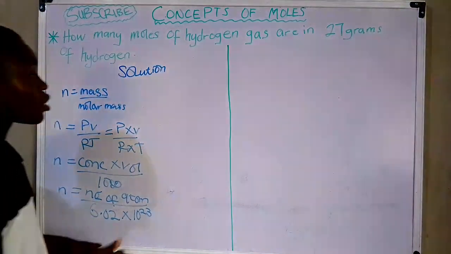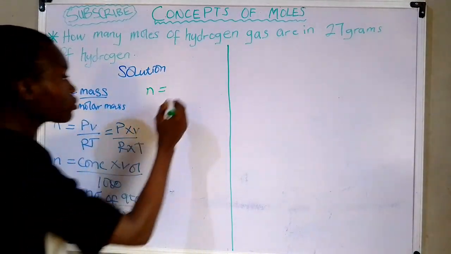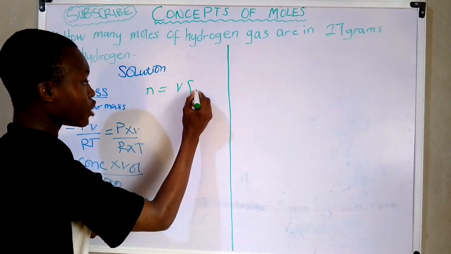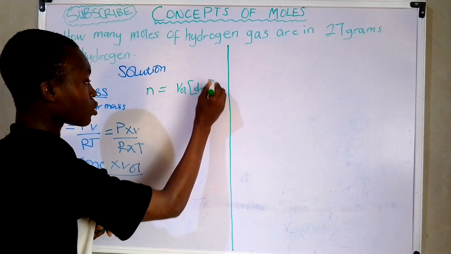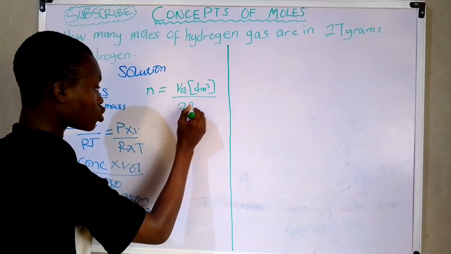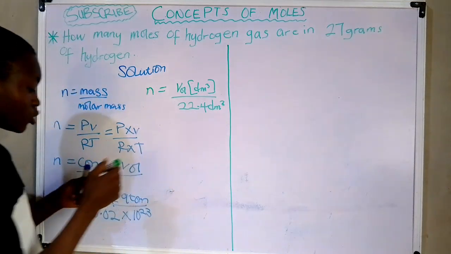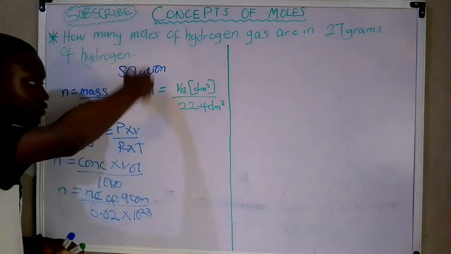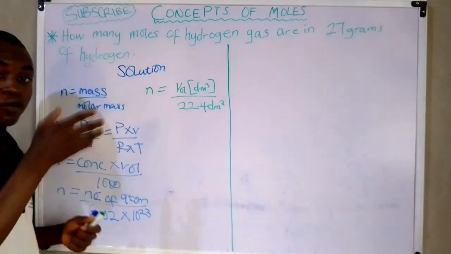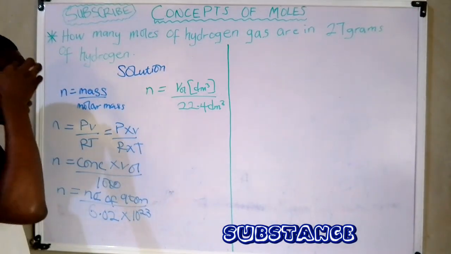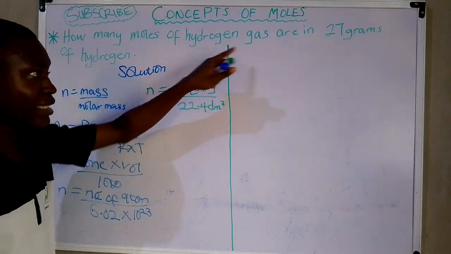Now for the last formula, we have number of moles is equal to volume in dm cubed over 22.4 dm cubed. These are basically the formulas for calculating the number of moles of a particular substance. Now we are asked to calculate the number of moles of hydrogen gas in